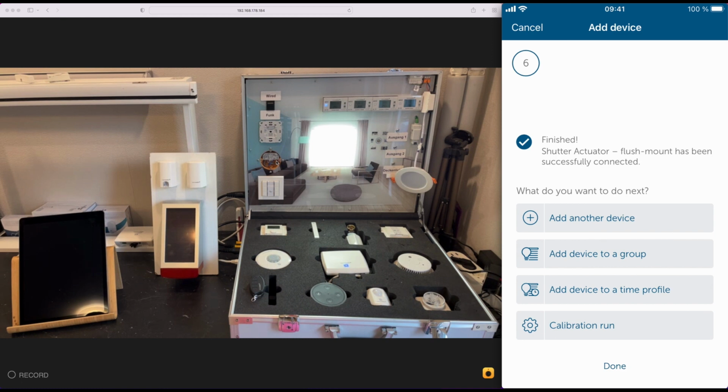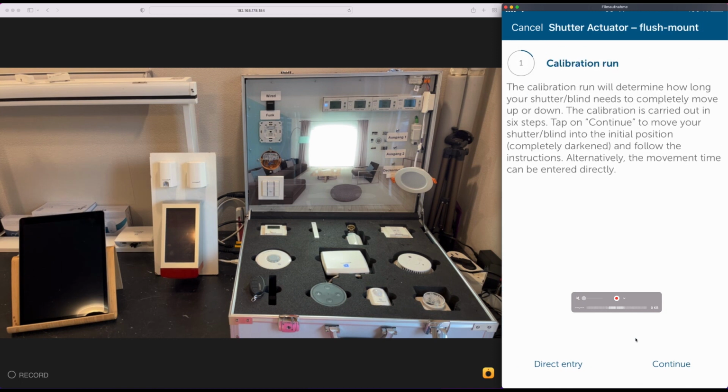Again, the assistant or wizard will show you what to do next. And there's one thing you should do right after connecting the device if you teach in a shutter actuator or a blind actuator. Do a calibration run,